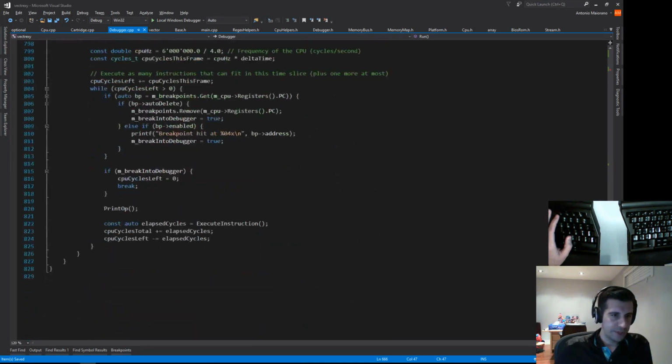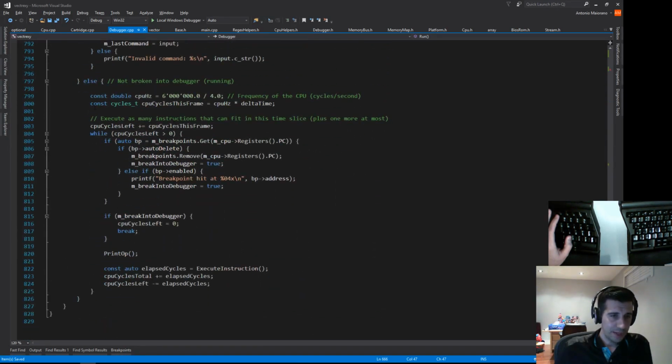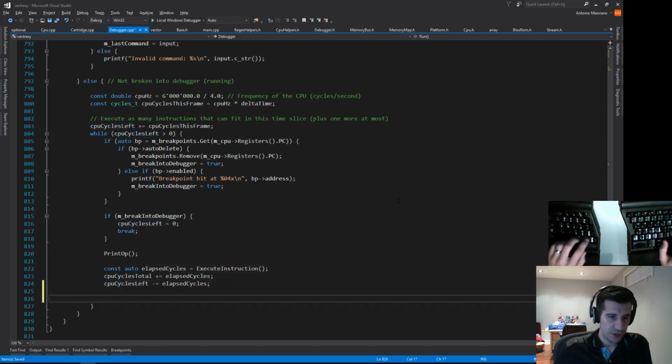So now we go in this other loop. So we're not broken into the debugger. We want to execute as many instructions as can fit into this time slice. So while CPU cycles left is greater than 0, we do this. We check for breakpoints. That's before. We do the print op. We execute the instruction, and then we say, if this is actually set,